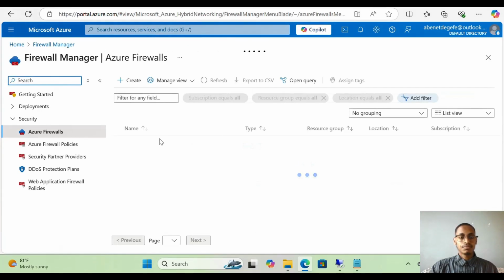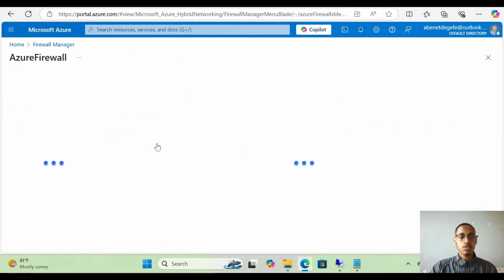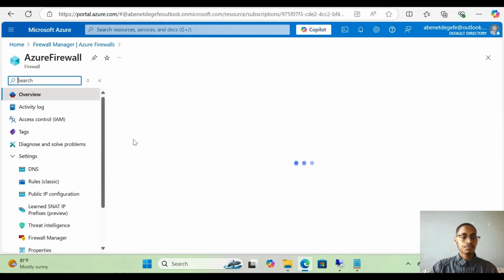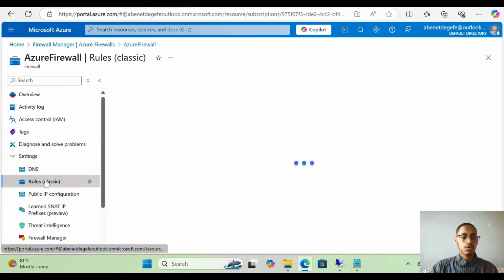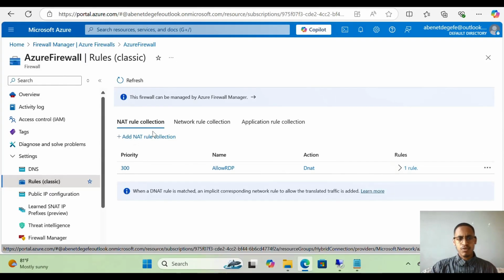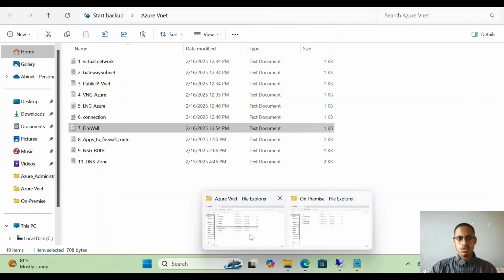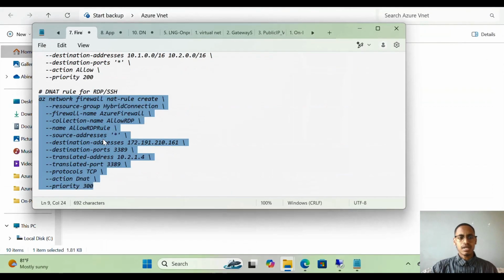So here I have the firewall, Azure firewall, and we can also see the rules. The rules are found in the classic rules section. So click on rules in the bracket classic. Here there are three types of rules: NAT rule, network rule, and application rule. Then we will configure these rules. We will configure these three rules by using bash scripting language, and we can also see how we create those